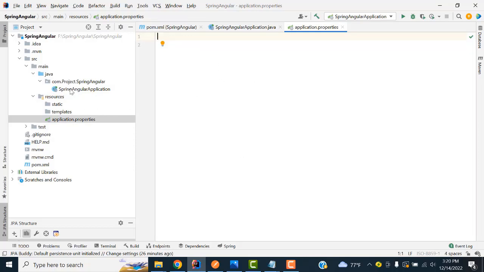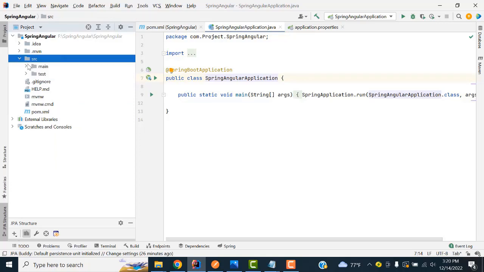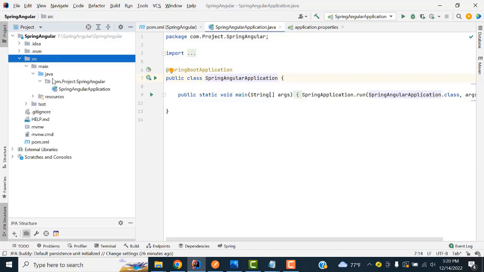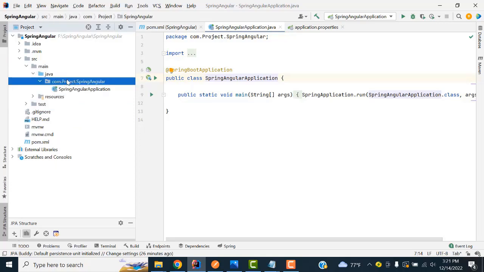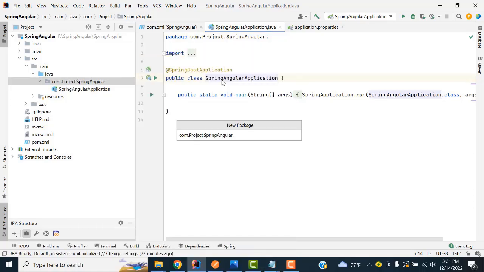Now let's go back to our main package. Inside the main package we have a main class. Now select the main package. Where does the main package reside? Inside the src folder, main java package. In this package I'm going to create a new package. Select the package and here I'm going to create a package named customer